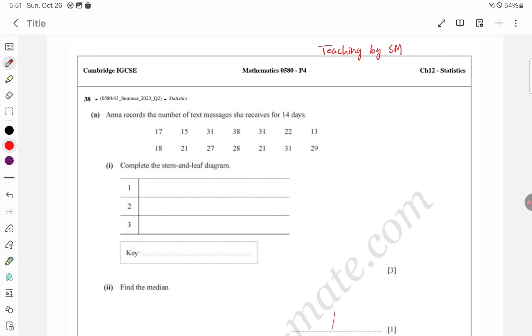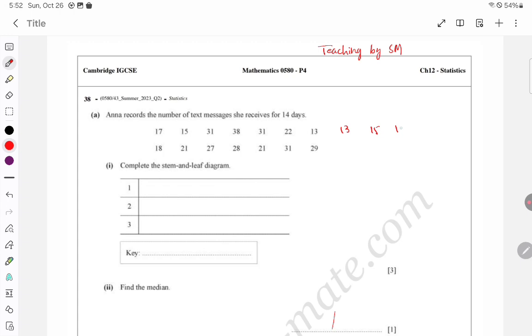So in question 38, Anna records the number of text messages she received for 14 days. This is the data, and in the first part, complete the stem and leaf diagram. First, one is already given, right? If we arrange the data, it will start with 13,